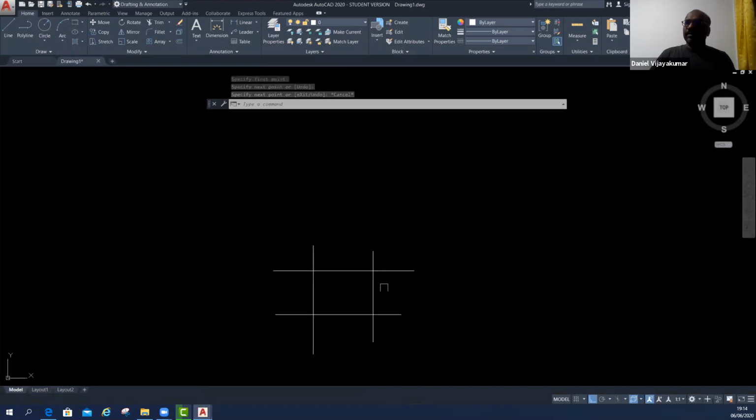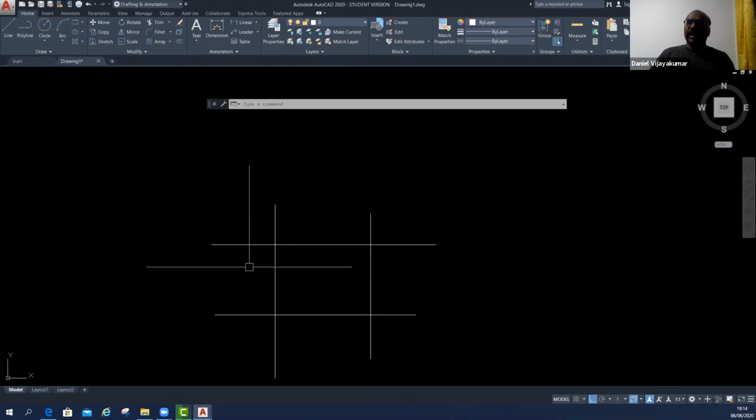I want only this rectangle space. I don't want the additional lines away from the rectangle. So we can cut and remove those extended lines. That is called trim.